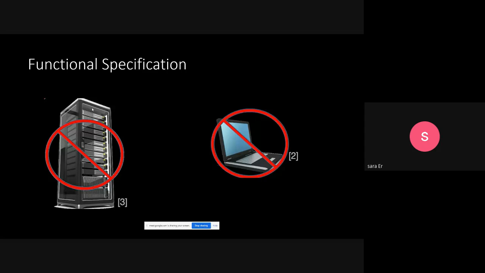Computers are general purpose machines that could run lots of different programs and are not optimized for a specific task. But a dishwashing machine, for example, is designed for a specific task and programmed for only this task, and it couldn't perform other tasks. This is the main difference between an embedded system and a general PC or server.